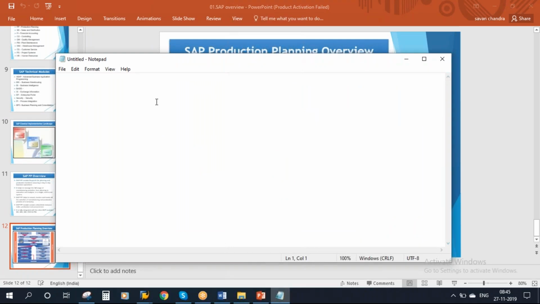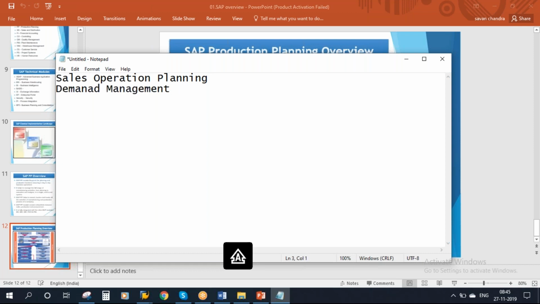we will be discussing these functionalities. First is sales and operations planning. Next one is demand management. After that we will discuss MRP, material requirement planning.